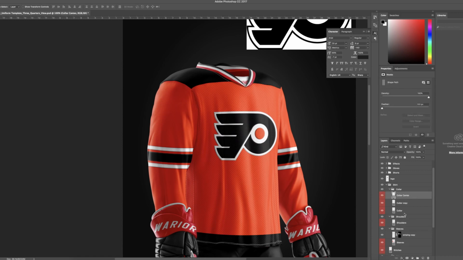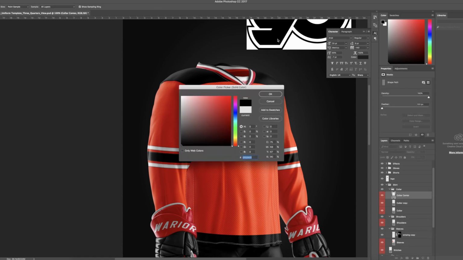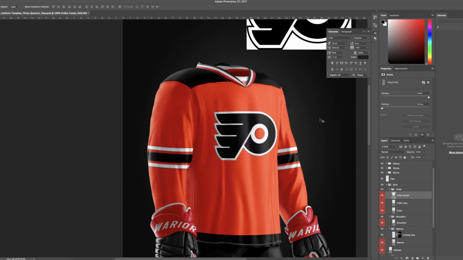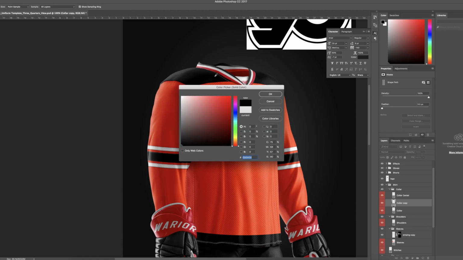I don't really go into much more detail. For the numbers, do the same as the jersey. That's what I do. I do the beveling with each of the colors, and then I give it that stitch, the V stitching around. And again, everything is basically just learning how to use those layer options,